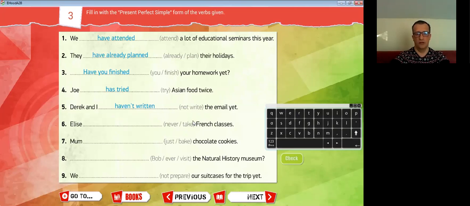So we are going to use it after have or has and before the verb. So what is the third form of take? Take is an irregular verb, so it is take, took, taken. The third form is taken. So let's do the exercise together. Alice, and you know, when we use never, the sentence is positive, but the meaning is negative. So we have to use a positive sentence. Alice has never taken